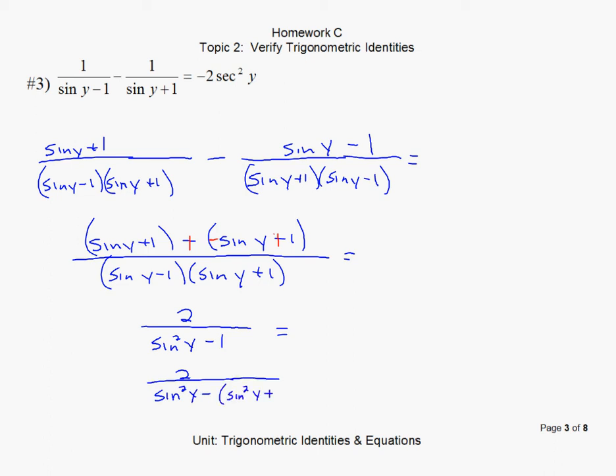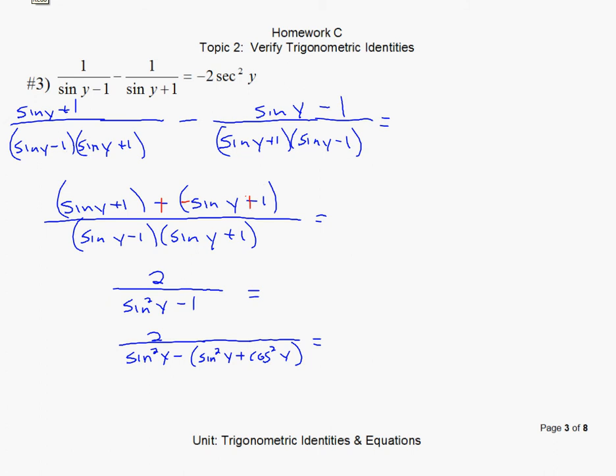I know that 1 is the same as sine squared of y plus cosine squared of y. So I replaced that 1 right here with sine squared plus cosine squared. There's different ways you could accomplish what's happening here. That's just one way. If you combine like terms,